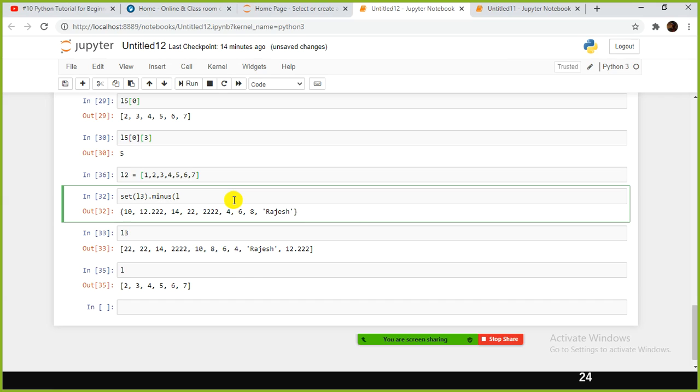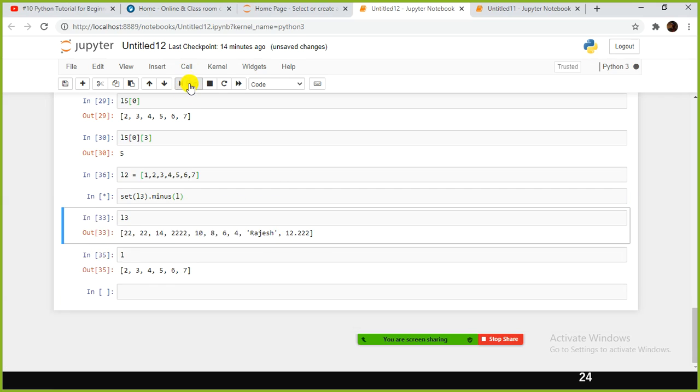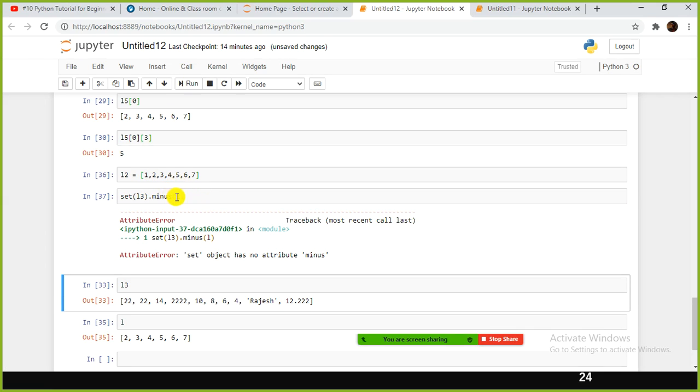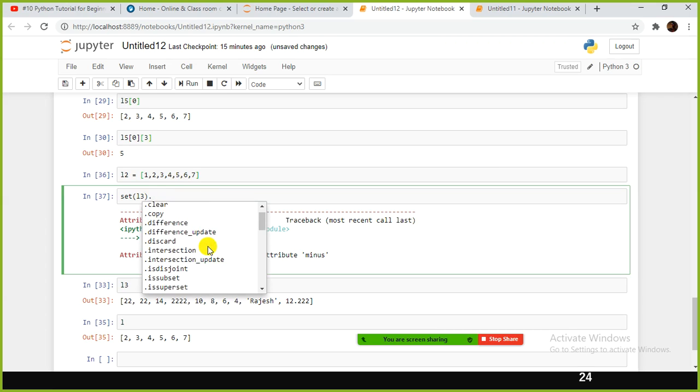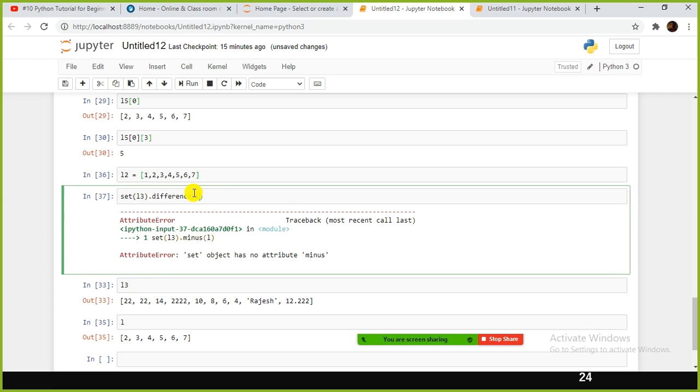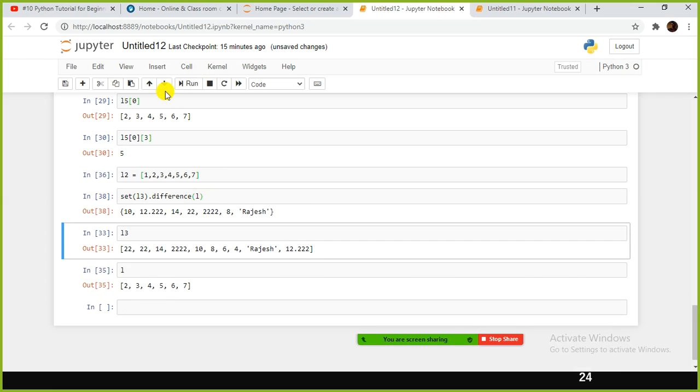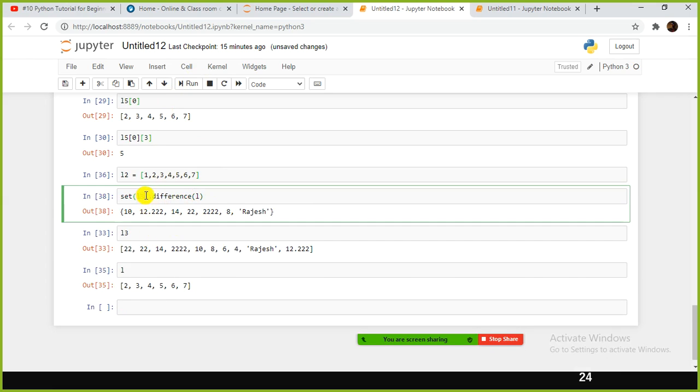Python also, right? As I said, a set is nothing but a kind of Venn diagram, right? So you can do intersection, maybe syntax problem here. Okay, see if you press tab here, it shows you intersection. Intersection, minus is not there. Instead, difference, right? Dot difference, difference of L. Sorry, it should be L2, right? I want to use L2 here. See, 1. That's all. Difference. It gives you the 1, and multiply with some values and store it somewhere else.